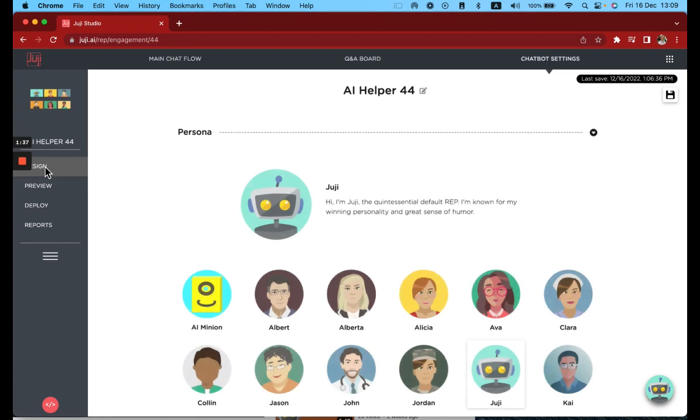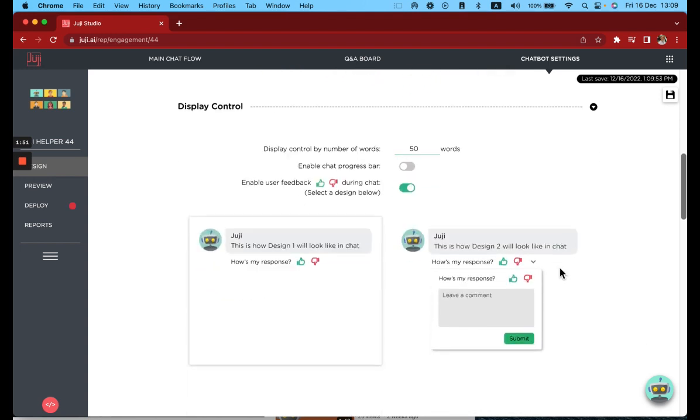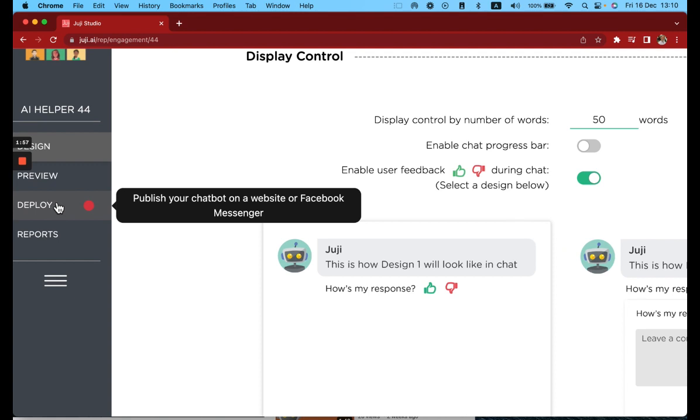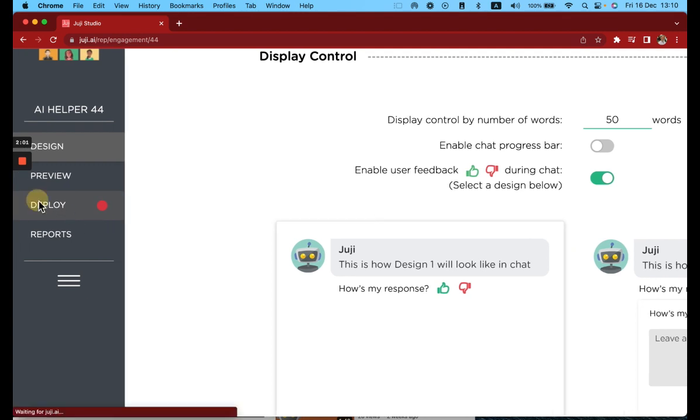Go back into design mode, ensure we're on chatbot settings, scroll down, and where it says enable user feedback during chat, just click it on. You'll notice below it gives an example of what we expect to see during conversation. You'll also notice on the left that the deploy button now has a red indicator. If we click there,